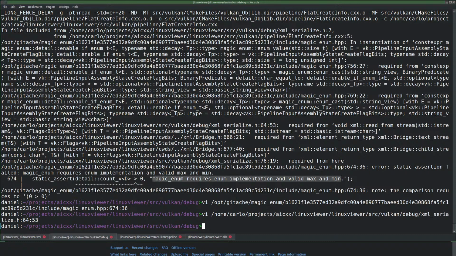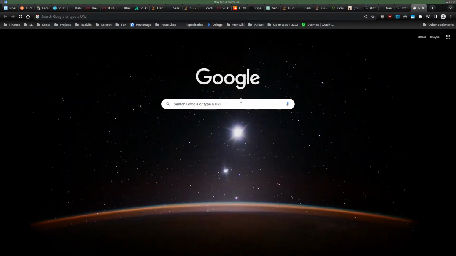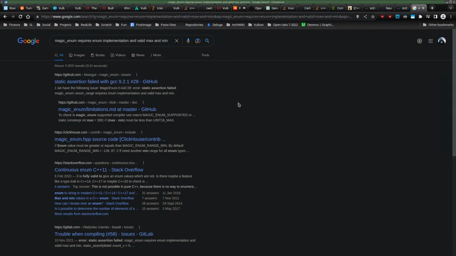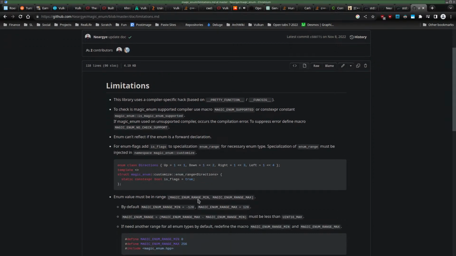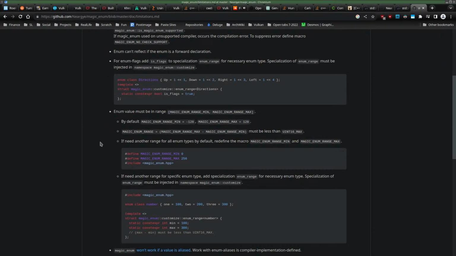I need to find out what this means and how to fix it. Hidden value must be in the range.